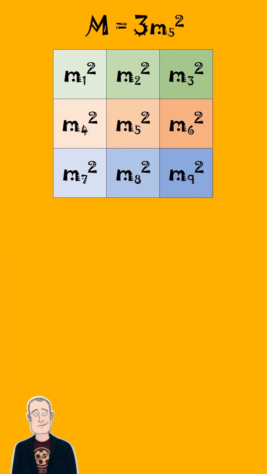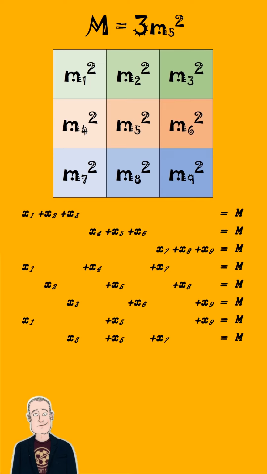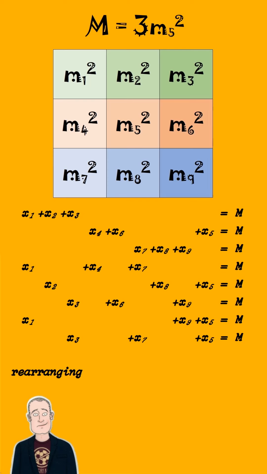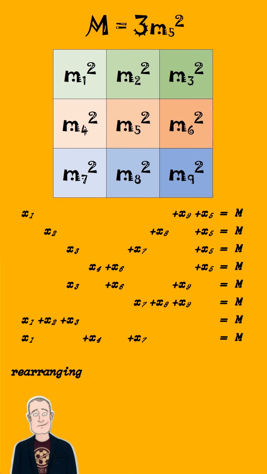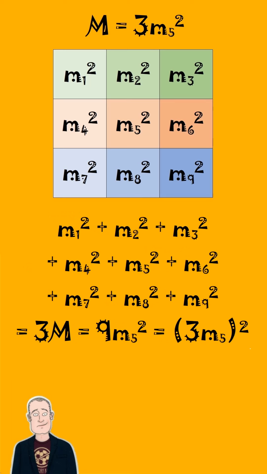In any proper magic square, the number in the middle is a third of the magic constant. This can be shown via a linear equation system with the 9 numbers and the magic constant as variables and the 8 magic sums as equations. Since the sum of all 9 numbers is 3 times m, in a proper magic square of squares, the sum of all 9 squares is a square again.